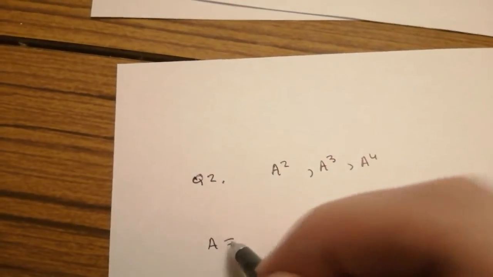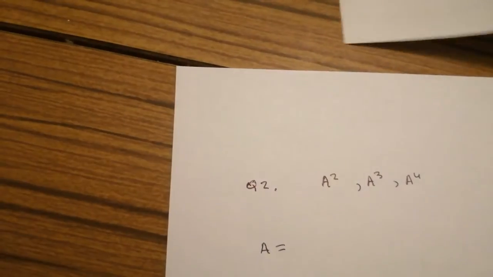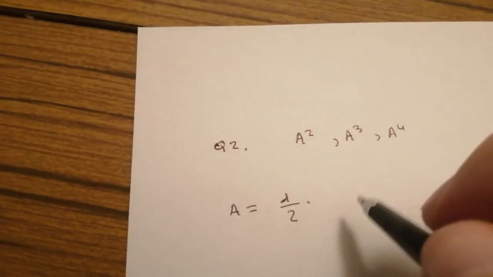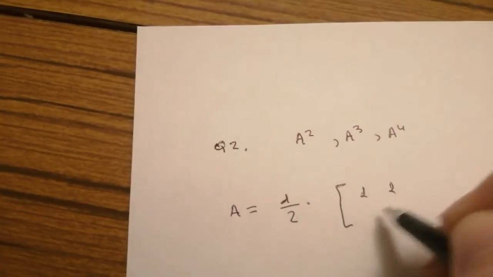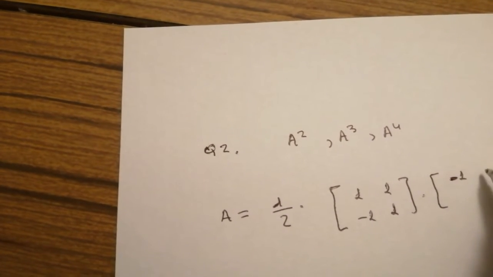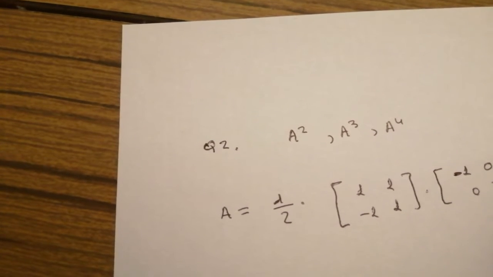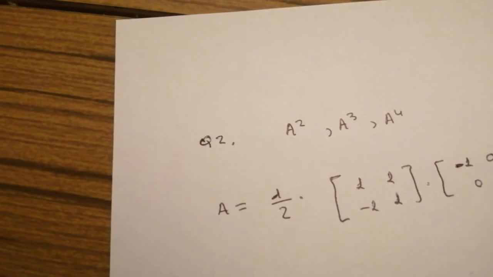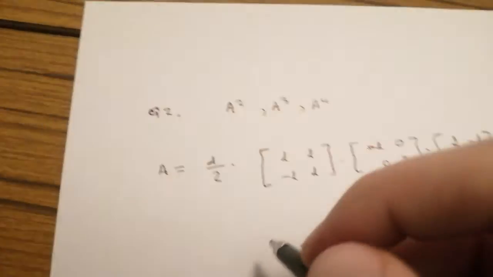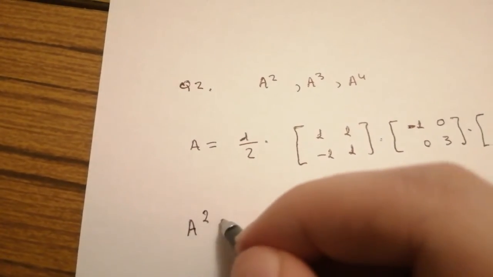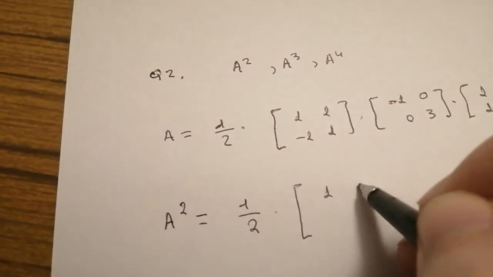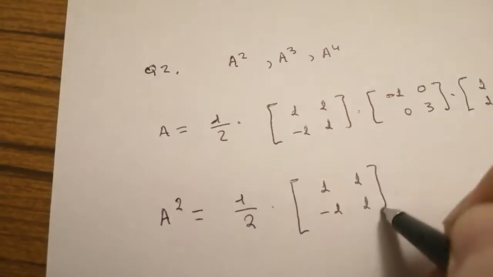Okay, so A is 1 over 2 times [1, 1; minus 1, 1] times [minus 1, 0; 0, 3] times [1, minus 1; 1, 1]. So let's take A squared. So this should be 1 over 2 times [1, 1; minus 1, 1] times